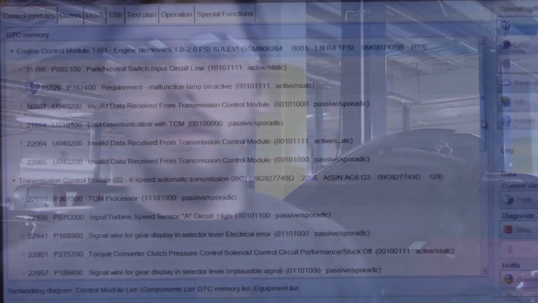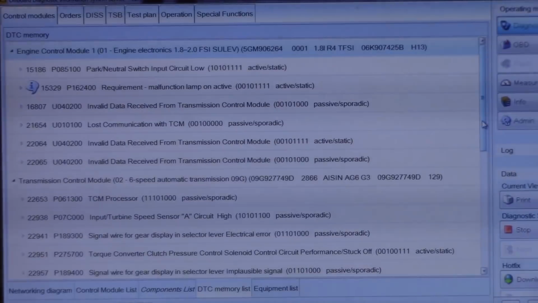Alright guys, so I'm going to put the scan tool on it. I already have a hunch of where we're going. I'll show you that in a minute. Let's see what kind of faults are stored in this, and we'll go from there. Alright, so in the ECM we have a park neutral switch, input circuit low,